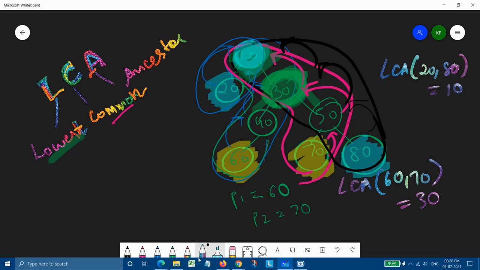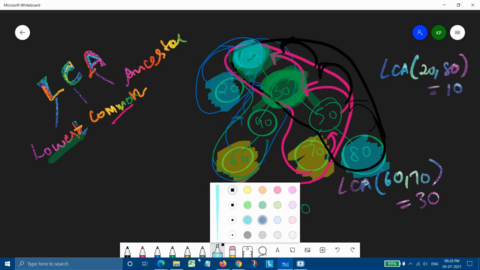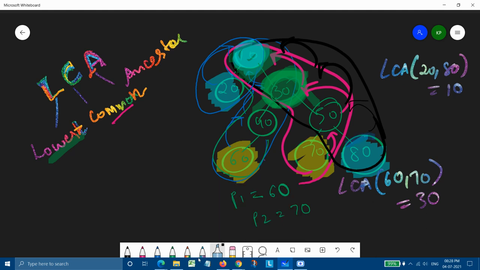Now for one more example with some other variation, let's select 80 itself and 30. In this example, we can observe that 80 and 30 both lie on the same ancestor lineage.